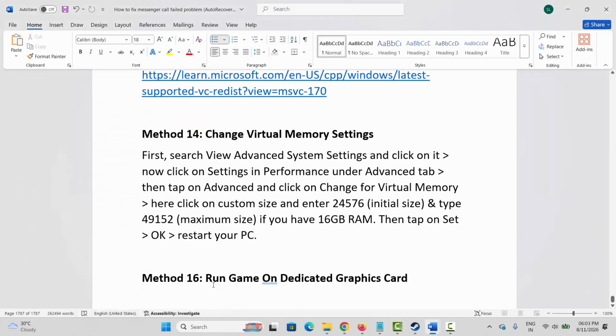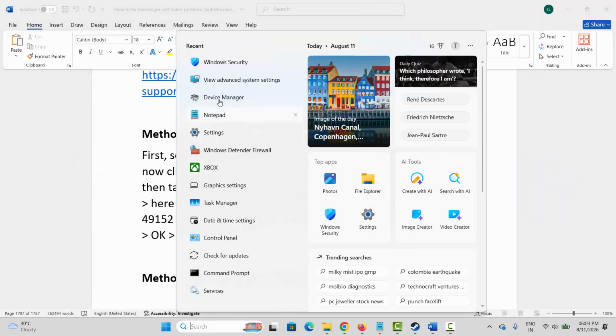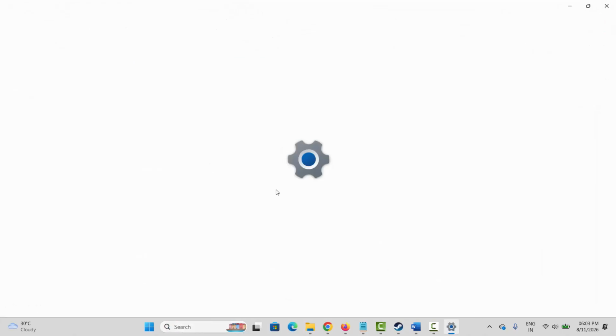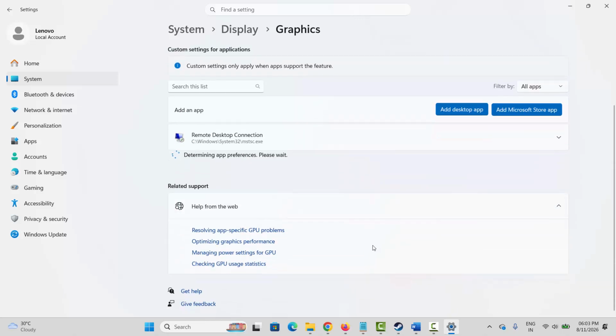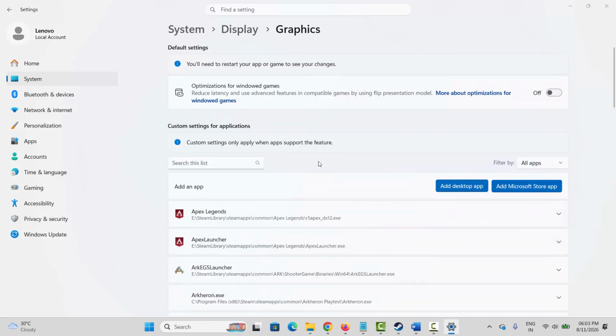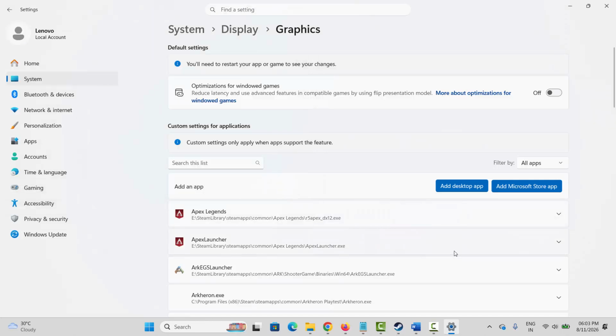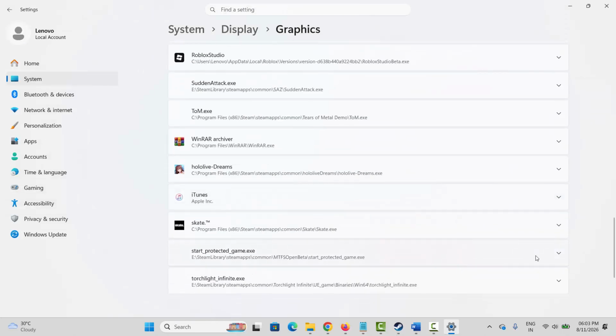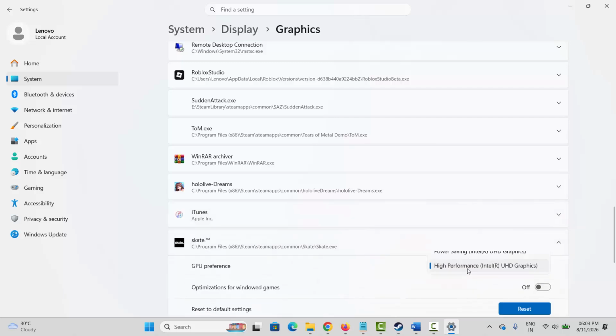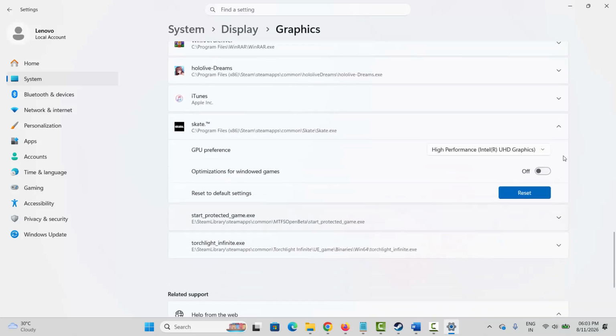Next is to run the game on dedicated graphics card. So for that, go to the search option, search for graphics settings. Now here you have to add your game to the list first. So for that, click on add a desktop app, go to the game folder, select the application, add it to the list over here. Once you add the game, you have to select it, and after selecting it, click on the arrow icon. Under GPU preference, you have to select high performance, and after that, launch the game and check